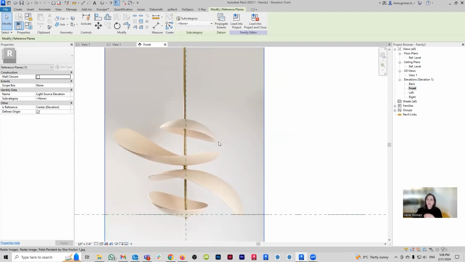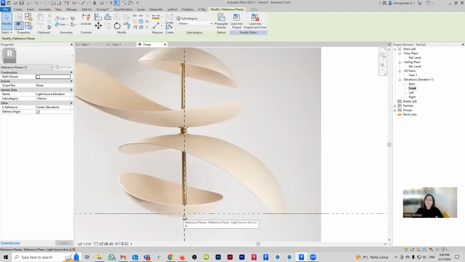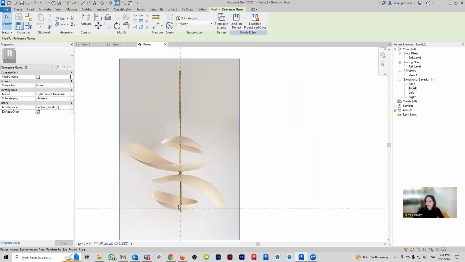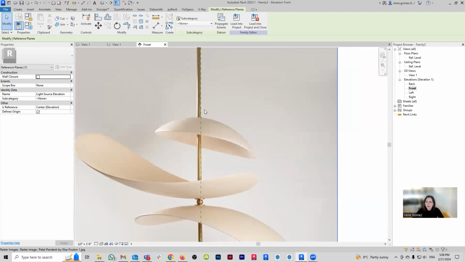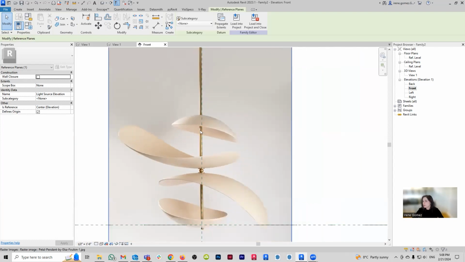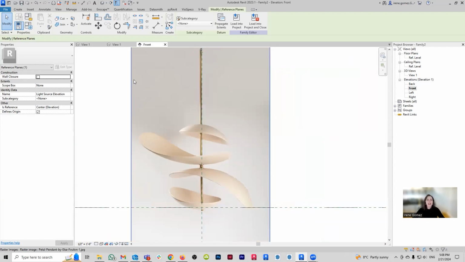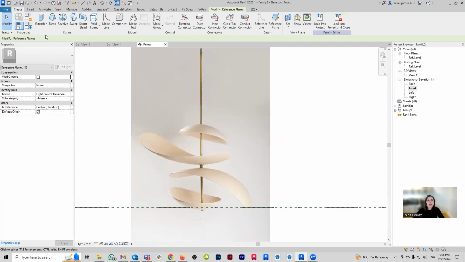One is I could work with extrusions from the top view, but because I have spheres and the best way to model a sphere is with a revolve, I think what's probably going to be easier for me is if I model the whole element here as a single revolve. It's just going to make my life easier, and the whole thing is the same material, so there's no need for me to be modeling a bunch of different objects.